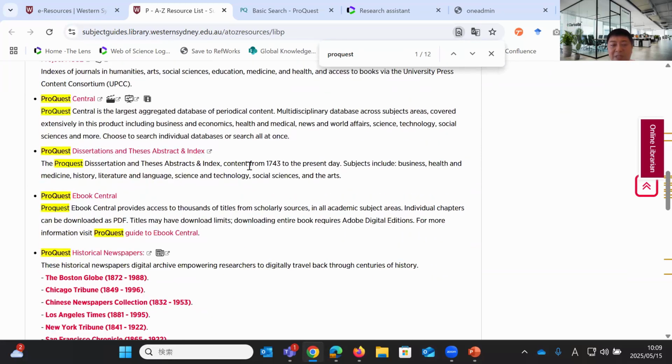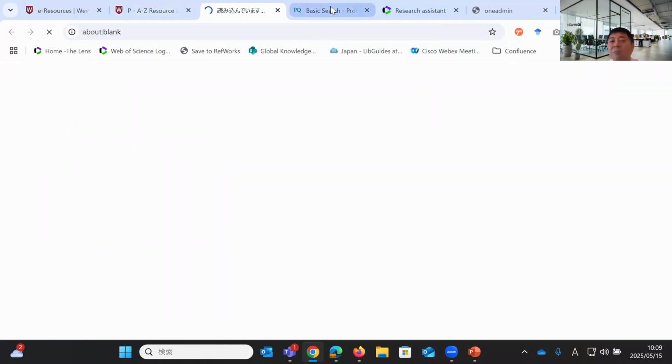We do provide a number of solutions to your university. But today, specifically, we look at ProQuest Central or ProQuest Platform. ProQuest Central is actually one of the databases available within ProQuest Platform, but this is the largest multidisciplinary database. So we're going to start from there. And then you click that. Obviously, I already opened it.